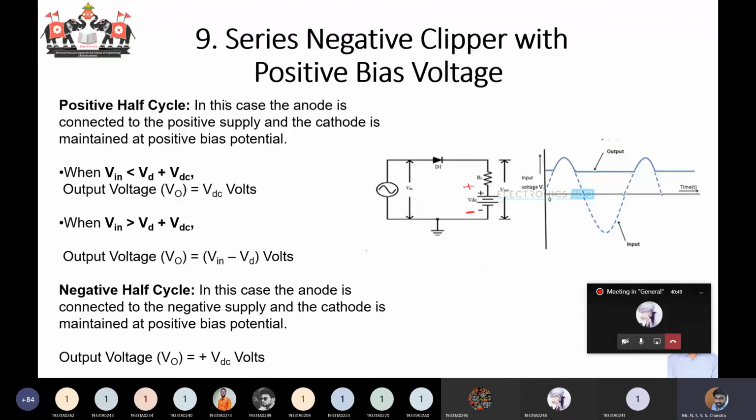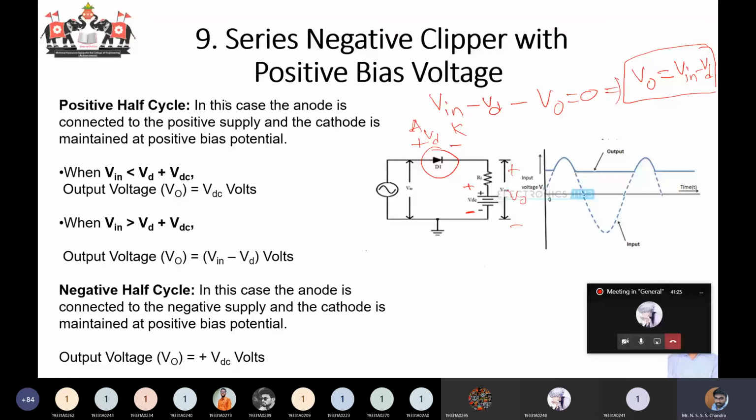So when the diode is conducting, what happens? When the diode is on, if you write the KVL, V in, this is plus, this is minus, because this is the anode, this is the cathode, this is VD. V in, and then minus VD, and then minus this entire thing, V0, equal to 0. So when the diode is conducting, your V0 is equal to V in minus VD.